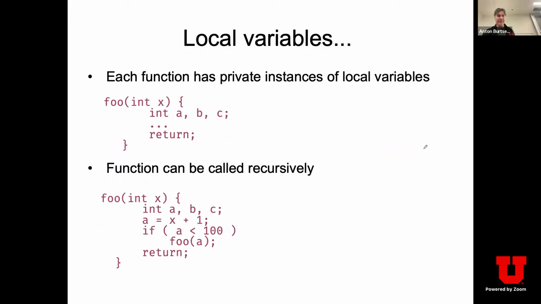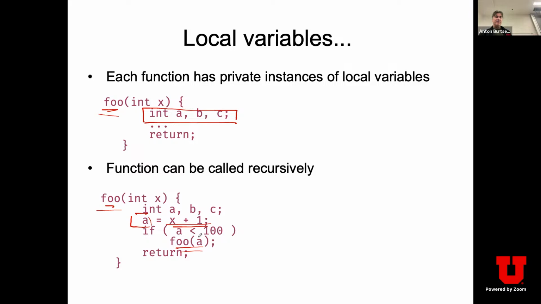Here's an example which illustrates it. Every time you invoke a function foo, you can say, look, inside the foo, I need these 3 local variables, A, B, and C. And obviously, every time you invoke it, you need a private instance of those variables, because, for example, if you invoke the foo recursively, like in our previous example, this variable A